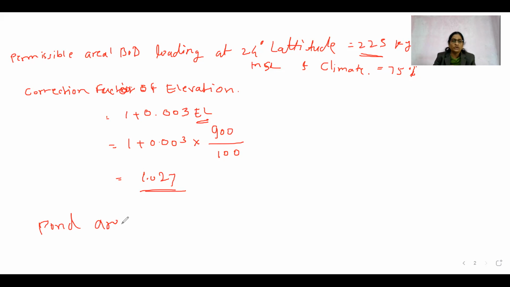Pond area. What are we correcting? This is given, a lump sum. This is a thumb rule figure given to you, and for that we are applying the correction factors. The first correction factor applied by us is the elevation level. So this will get corrected like this. Pond area is equal to... so this is the correction factor. One second, guys.